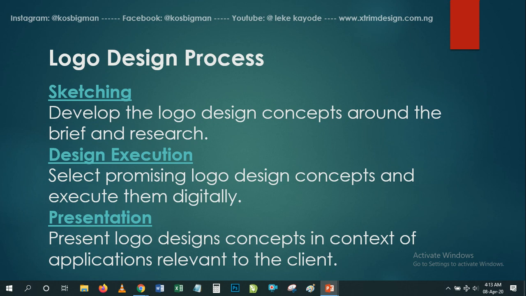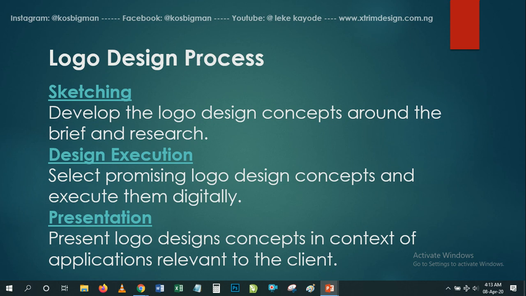I find it more convenient using Photoshop. But whichever package you use, what matters the most is having your sketches down on paper